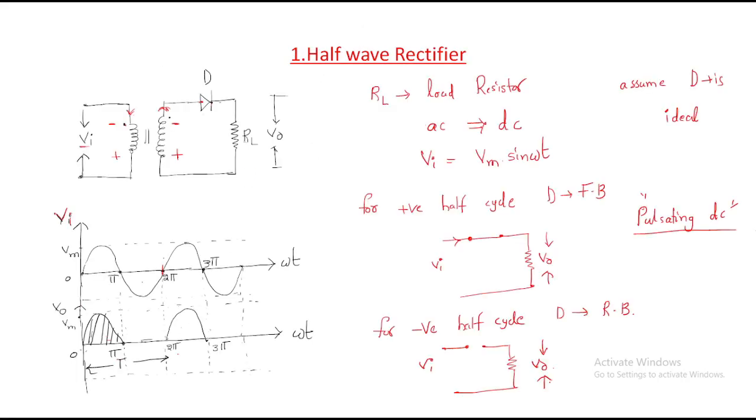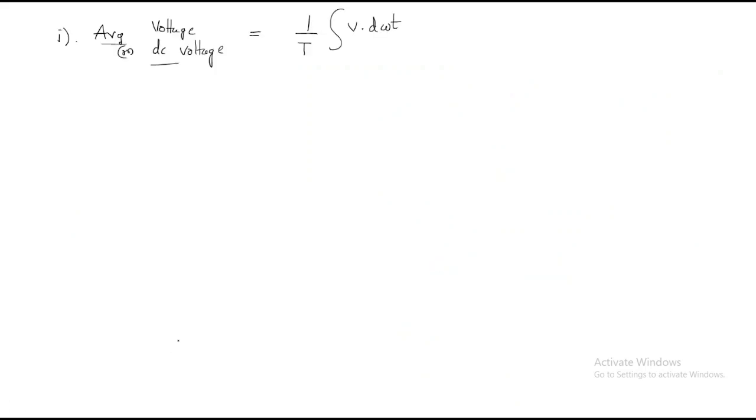So this point to this point is repeating, this point to this point is repeating, not half cycle. This is the positive half cycle and the negative half cycle is 0. So this will be repeated. That's why you can take it as the time period. Okay, 0 to T time period.